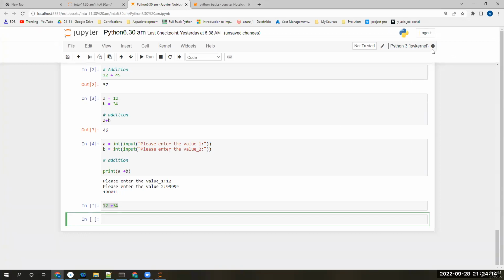Whenever you are taking input, you need to fulfill the input, or else it gives an error. If you get stuck like this, you need to go to the kernel and interrupt. Sometimes it doesn't execute that cell because it's storing previous values. So if we do a restart,